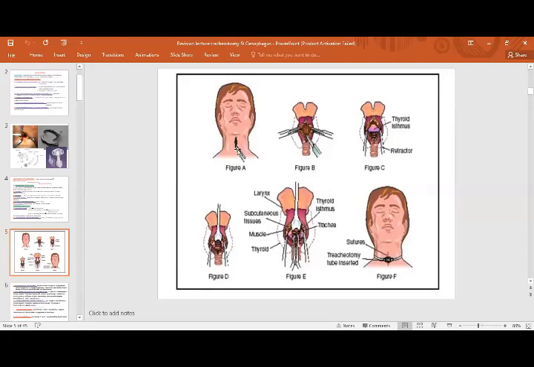So what we exactly do is make a 2 to 3 centimeter incision below the cricoid cartilage because we need to